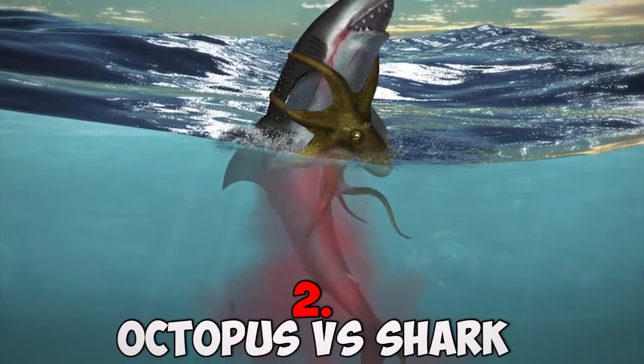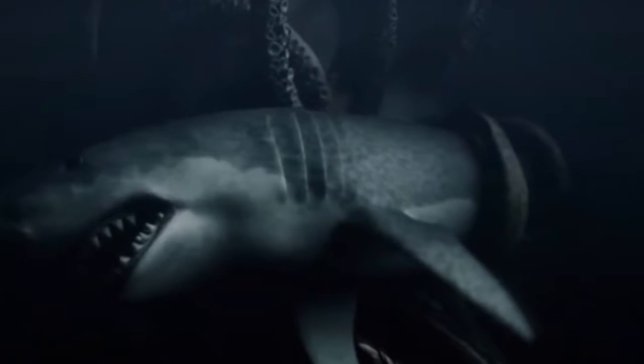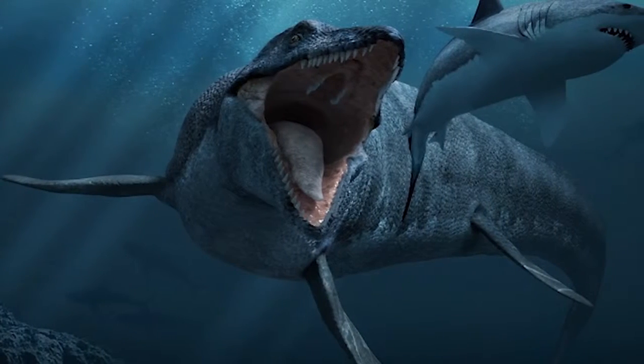Number 2. Octopus vs. Shark. Number 2 on our countdown takes place not on land, but in the water. Some of the largest and most terrifying